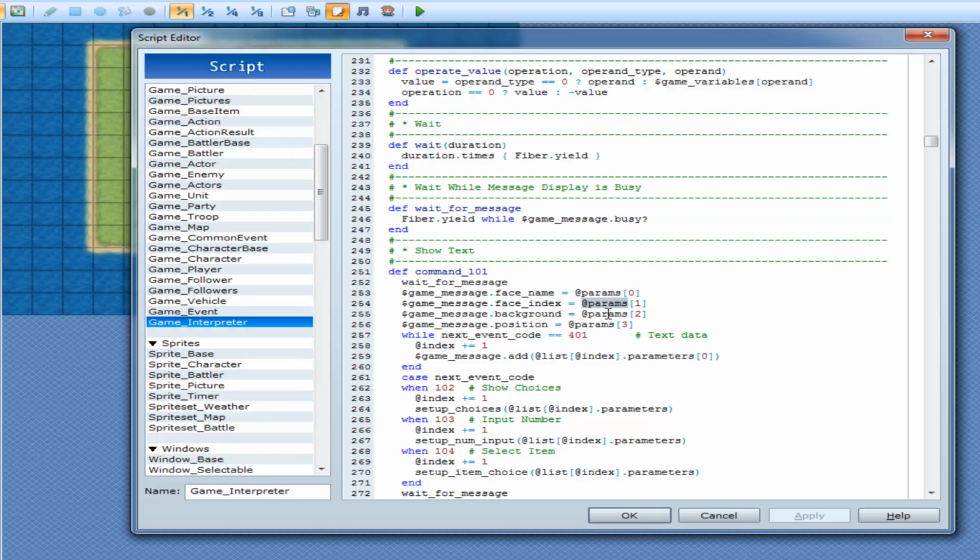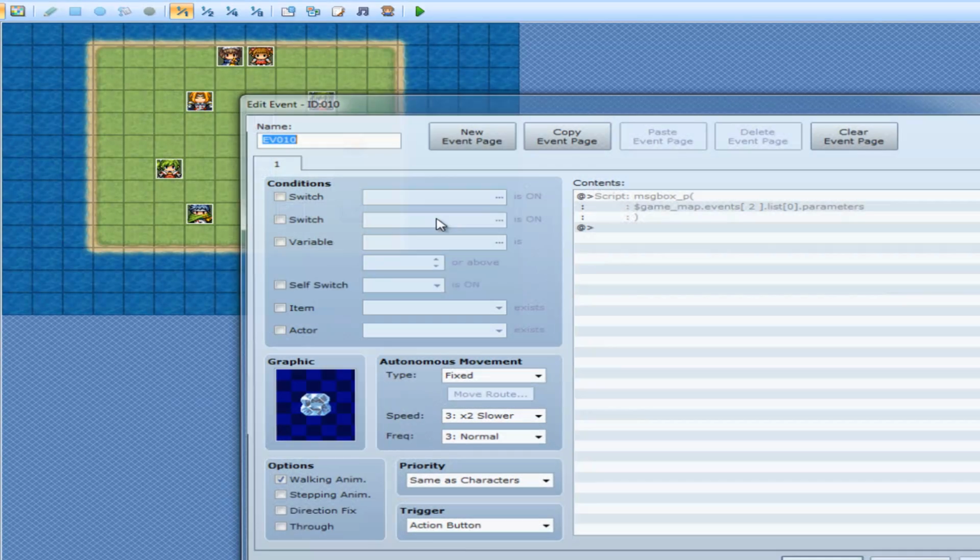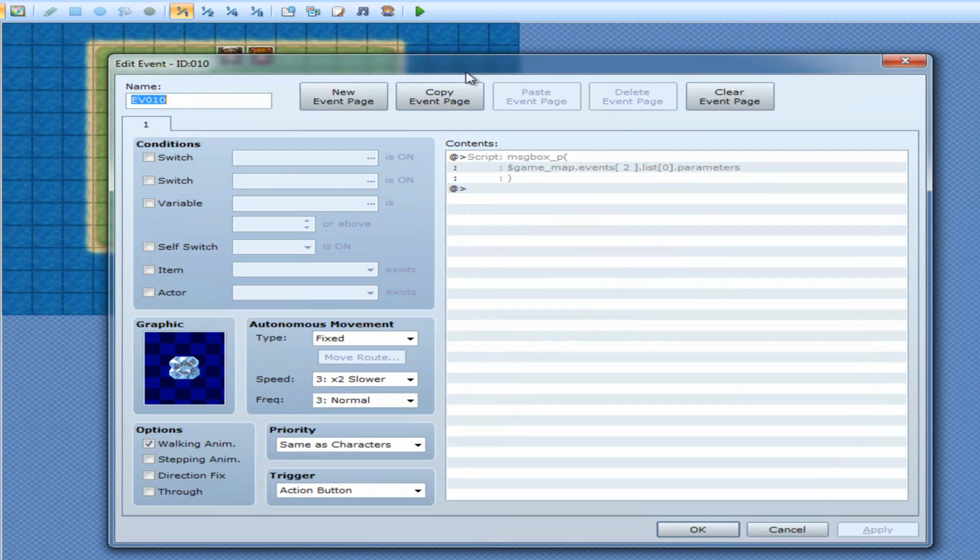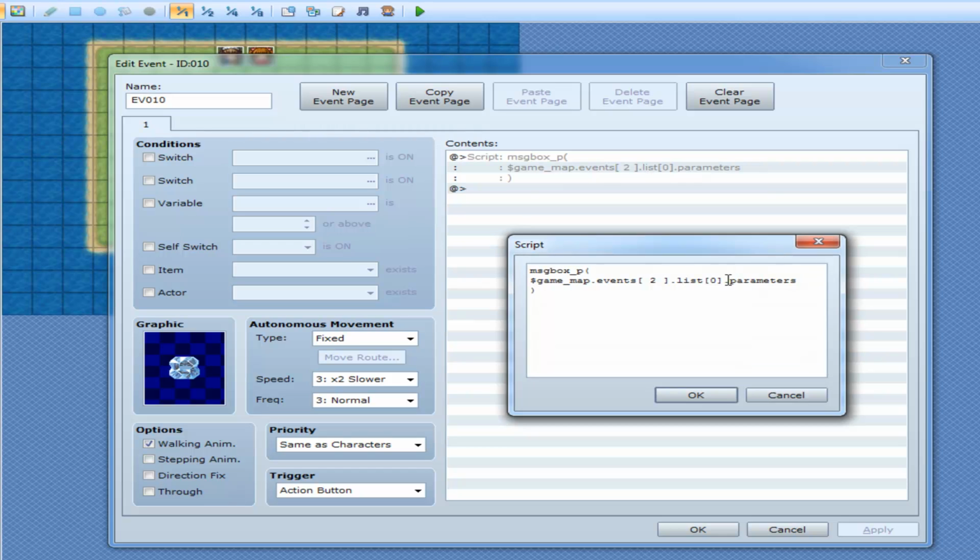The game_message background was also 0 because it doesn't exist, and game_message.position, because params 3, which is the 4th parameter we just had, is empty. Alright, so if I go here now and I go 1, which is the second one,